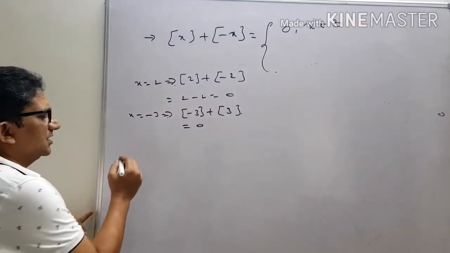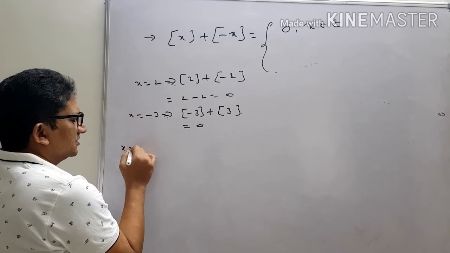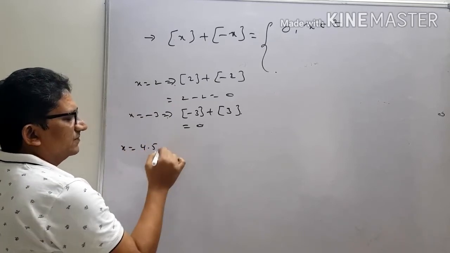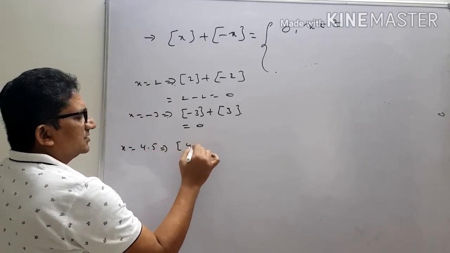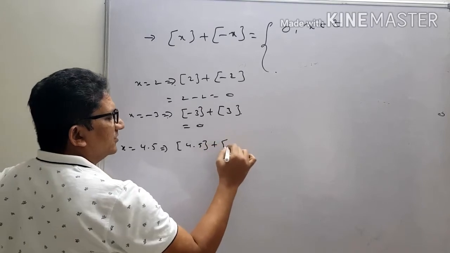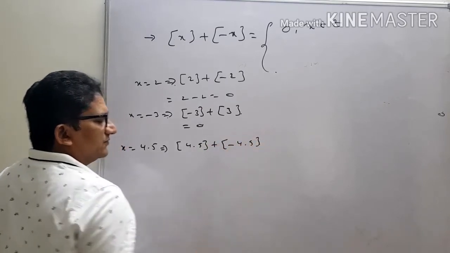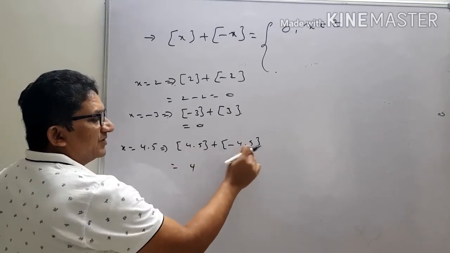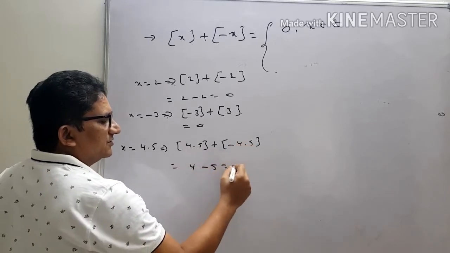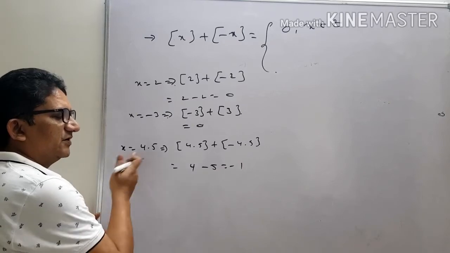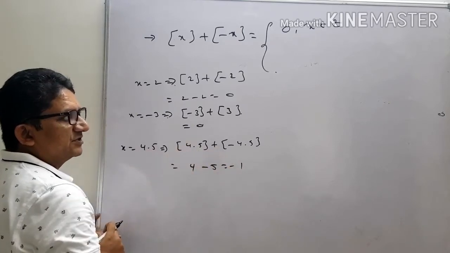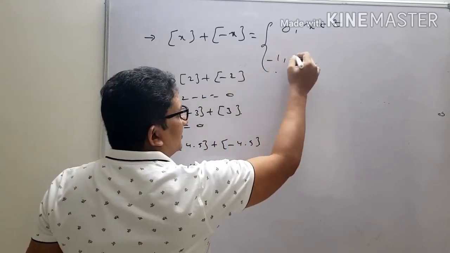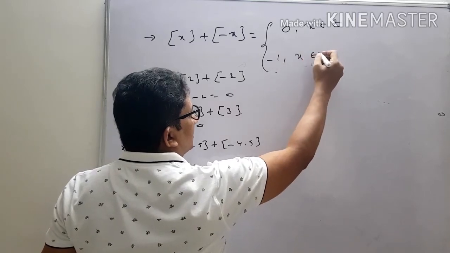We take a non-integral value, for suppose x equals 4.5. If you substitute, you get step of 4.5 plus step of minus 4.5. Step of 4.5 is 4 and step of minus 4.5 is minus 5, so what we get is minus 1. Even if you take the negative also, we get the same thing. So the answer will be minus 1 if x belongs to